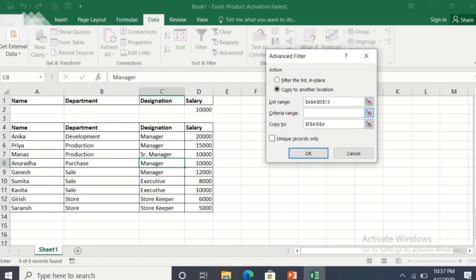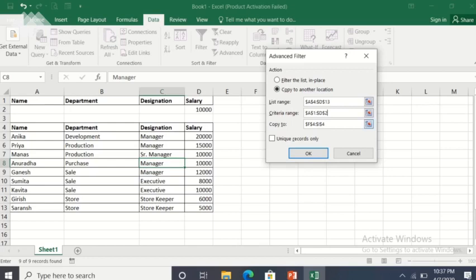Click here and write $A$1, then after that we'll put a colon, then $D$2. Why have I written this? $A$1 is where my range is starting, the criteria and field is starting, and D2. Here is my criteria on which I want the filtering to be done.